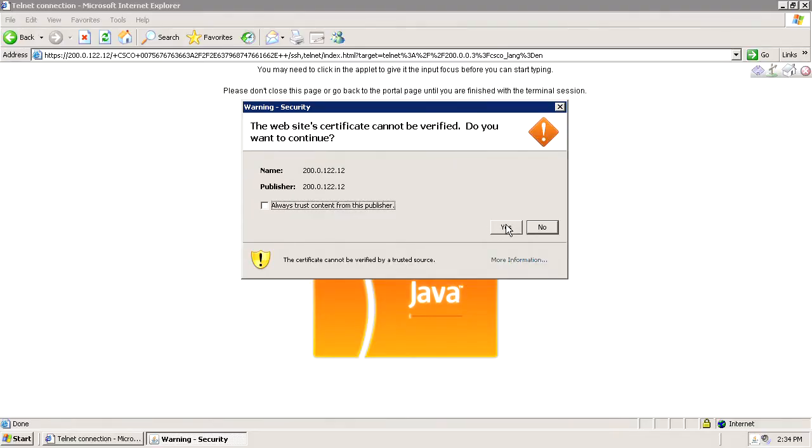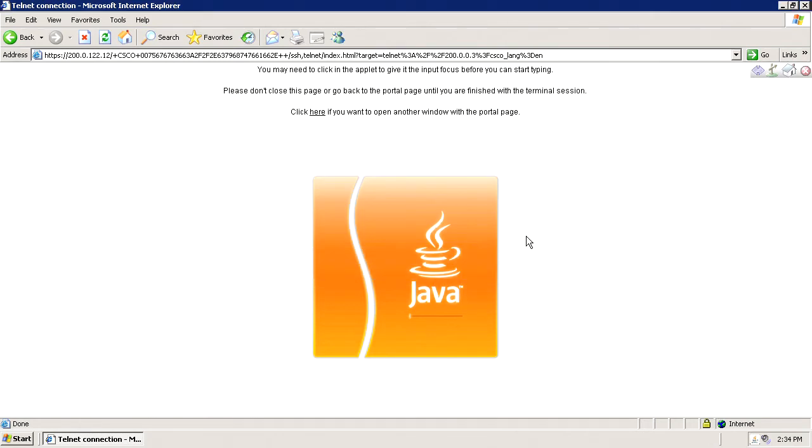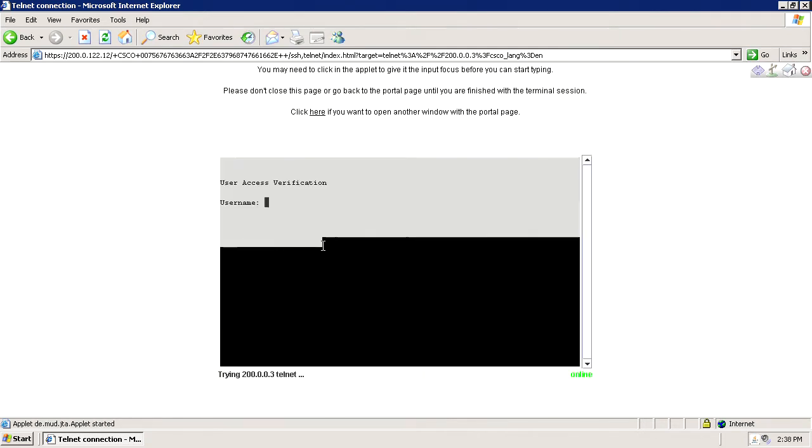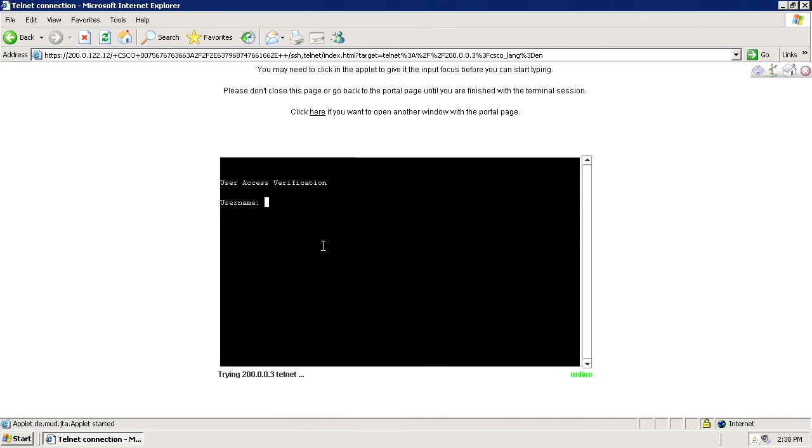See, now it asks us, do we want to run this Java application? This is where the actual telnet is going to happen, inside of this web-based Java app. So now we can see the final result is that we have the telnet session open. If I log in here with the username Cisco, password Cisco, which is pre-configured on router 3, we're logged into